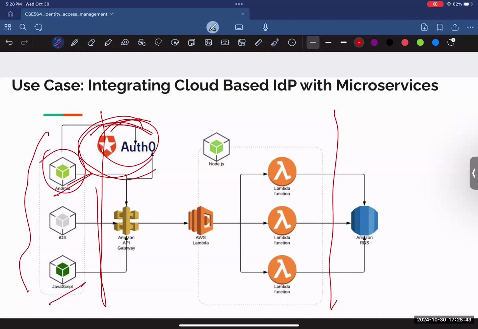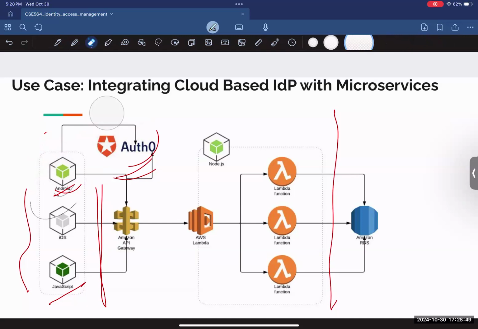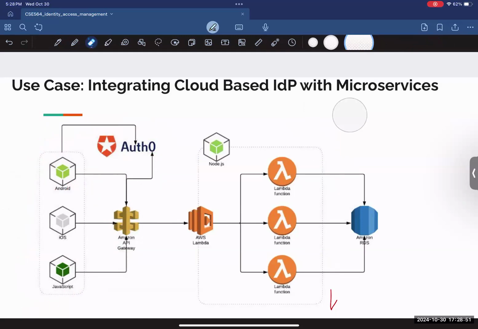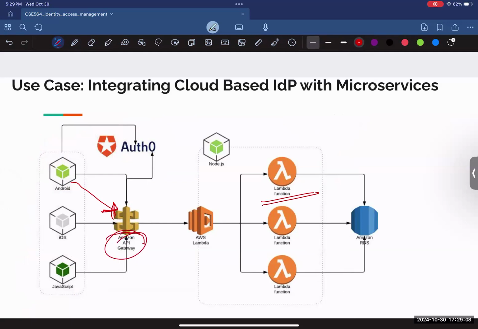So how do the systems interact with each other? For example, a user wants to access some resource within my application. The request goes to the API gateway. I have used Amazon API Gateway in this scenario. It checks if that particular user is authorized or not, and if it is authenticated, it will send the logic to the prediction service, and then